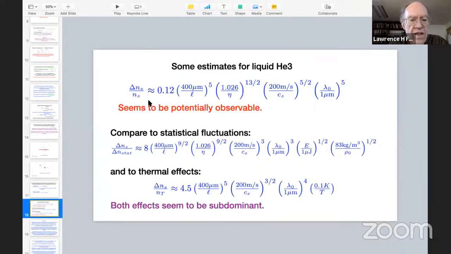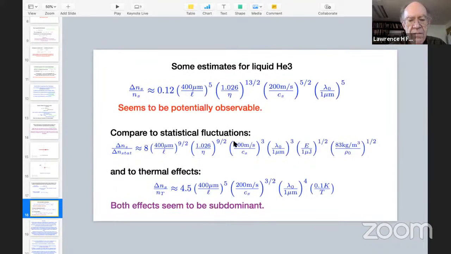So what you see here is that we predict that this typical variation due to the wave packet is maybe about 12% of what you would have had anyway. So that's a large enough fraction. If you send a sequence of wave packets through with these parameters, and you average over all wave packets, you'll get this average value NS, but in any one measurement, you'll typically see values maybe 12% above or below that value, which is potentially large enough to be observable.